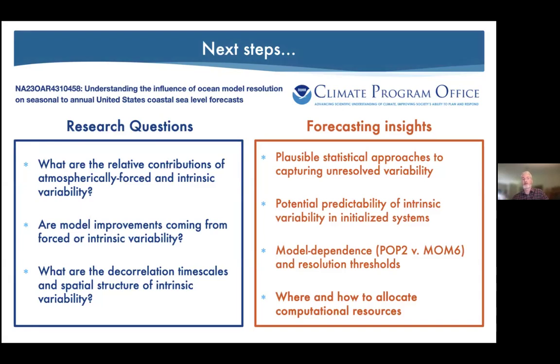So the research questions that we're asking are, again, can we do a better job of partitioning the atmospherically forced and intrinsic components, because those are going to have potentially different implications for prediction systems and predictability? Try to understand whether our model improvements are coming from one or the other, and then think about the timescales and the spatial structure of intrinsic variability, with the idea that we can start to think about, with this information, how are we going to deal with